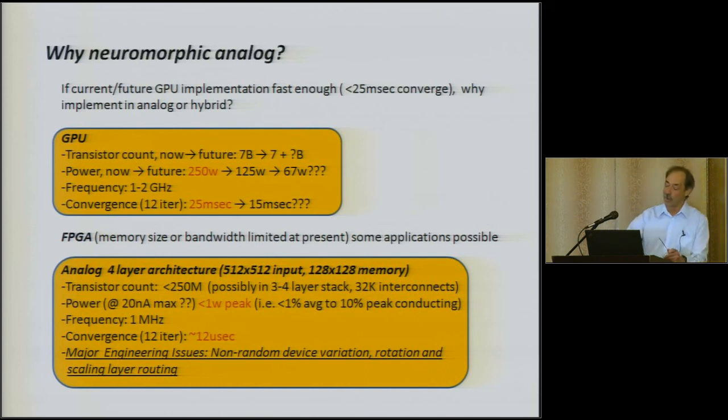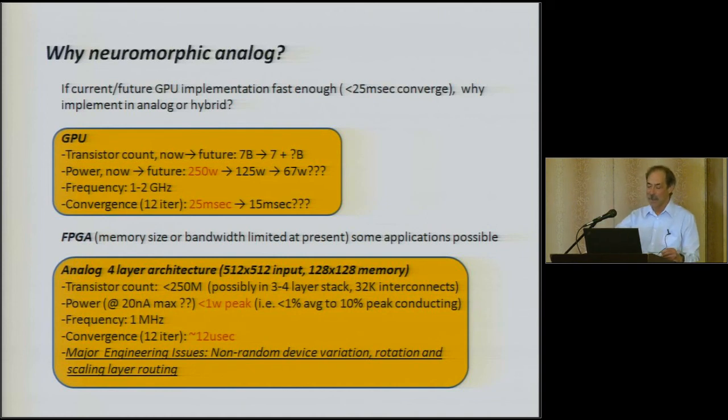Okay, so what would happen? We could do this in an FPGA, but actually, because of the memory bandwidth, the kind of application is limited. In fact, we just got funding to do this for that cone-targeted stimulus delivery, but that's a separate issue. It won't really be big enough, with the next generation of FPGAs, to do it for the target recognition. However, if we were to make a 4-layer architecture with a 512 by 512 input, a 128 by 128 memory, with the transformations that are implemented on that, for example, in that Vivid, the pickup truck example, we would have 250 million transistors to do that in a 3 or 4 layer, possibly in a stacked architecture with 32K